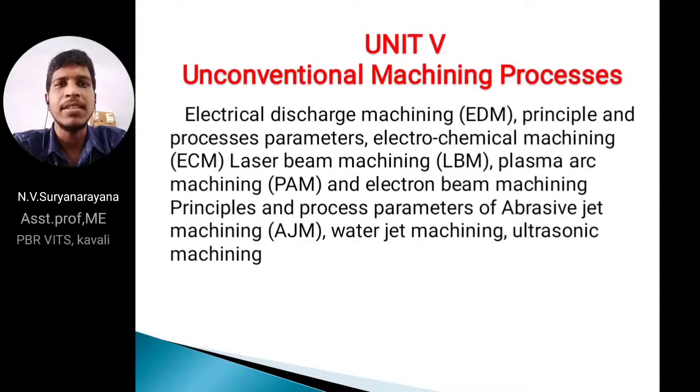In conventional or traditional machining we are using sharp edge tools. In non-traditional machining process we are using lasers. The pure examples for conventional machining process are milling, shaping, drilling, etc. For unconventional machining process we are using EDM, ECM, ECG, laser beam machining process and electron beam machining process, and we will discuss these advanced machining processes in this unit.